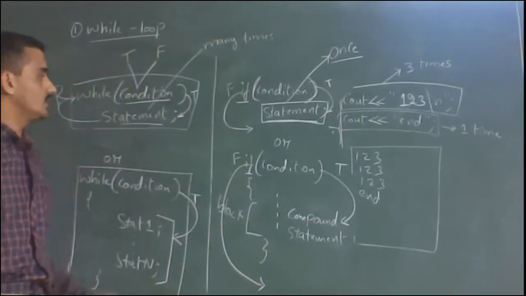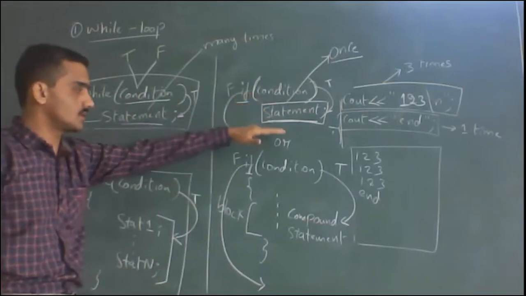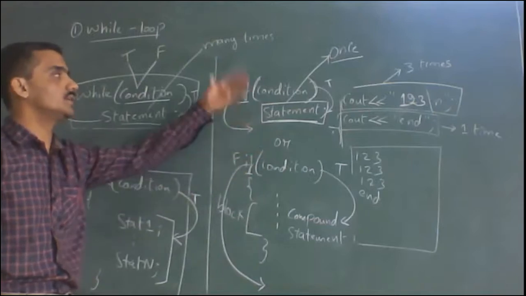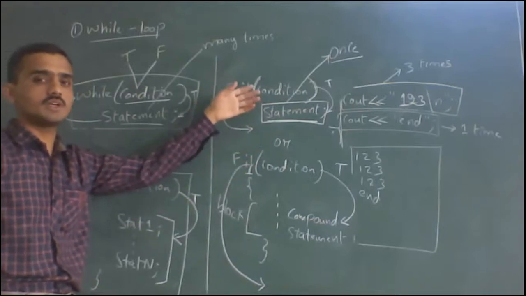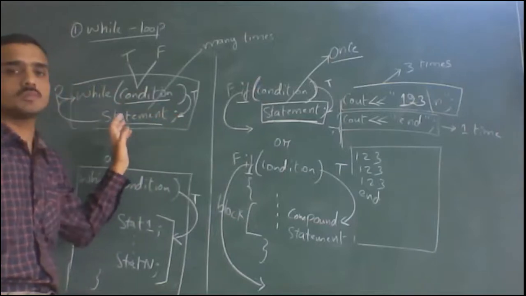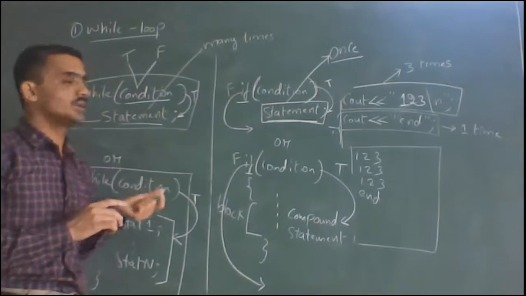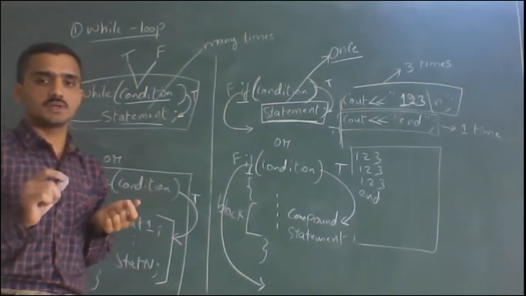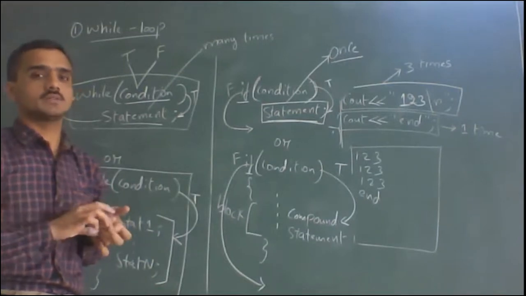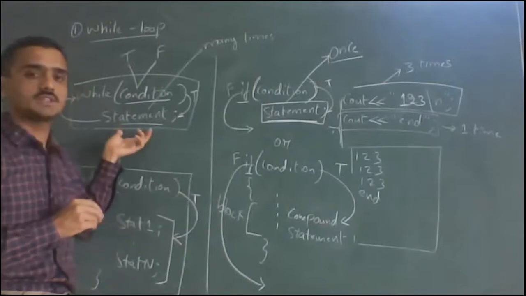Understood? In case of an if condition, one statement is executed, finished. Execution will flow downwards; it will not move to the previous line. But in case of a while loop, program control will again move to the previous line. When I execute the examples of while loop and do while loop with F7, that is the program control concept, you will come to know how program control moves back to the previous line. I will show you in the coming classes. Here we try to understand the theoretical part.